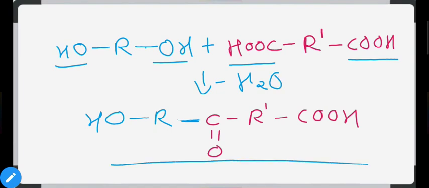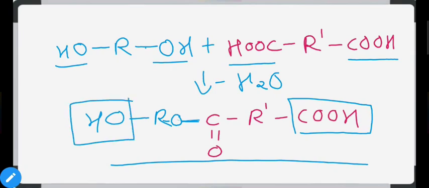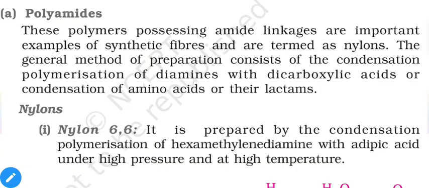Okay, so as we can see here, one oxygen will be present. So as we can see, this type of functional group containing new product will be obtained. At one end it contains a carboxylic acidic group, on the other end it contains an alcoholic group. Okay, so this type of molecule will be generated, and some of the simpler molecules will be removed during the condensation reaction. So now let us move on to some important condensation polymers.